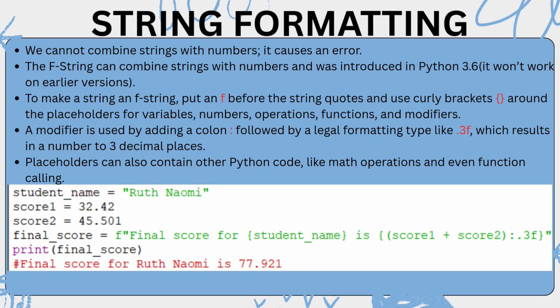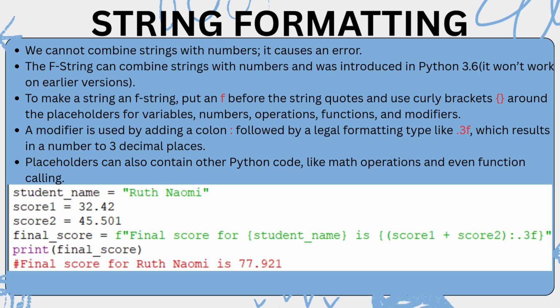It gives me the answer. And then not only do I want to add them together, I want it to 3 decimal places. So what I do is I put colon dot 3f. If I wanted to 2 decimal places, I put dot 2f. If I wanted to 4 decimal places, I put dot 4f. And I close the curly brackets and finish with